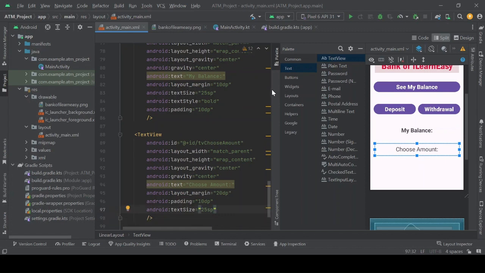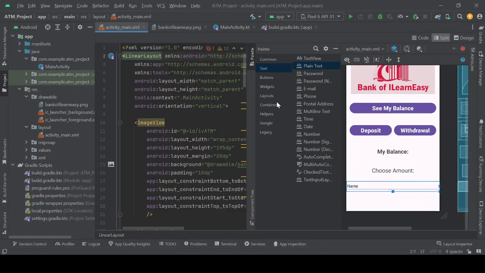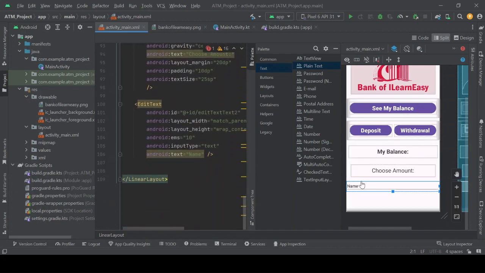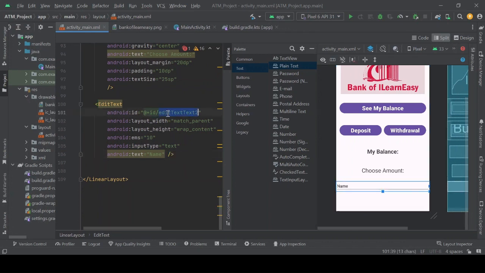The next one is going to be EditText, which here is called Plain Text. The EditText will be fundamental as well because it allows us to take input from the user, just like we did before, and either deposit that to our balance or take it out. Now that we included the EditText in our user interface, a short acronym for EditText could be ET, and we could say this is ET user